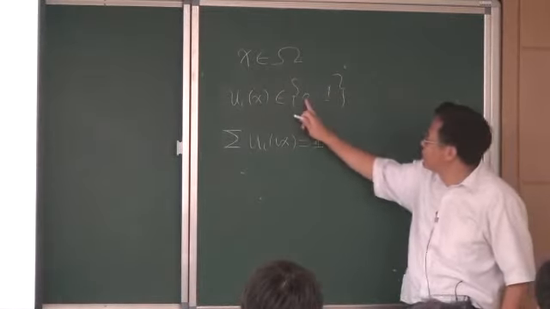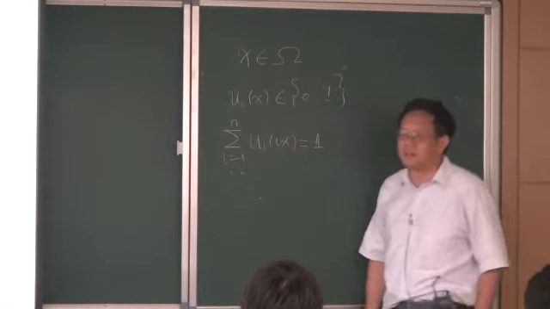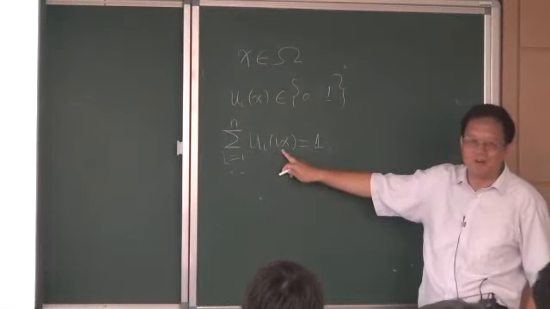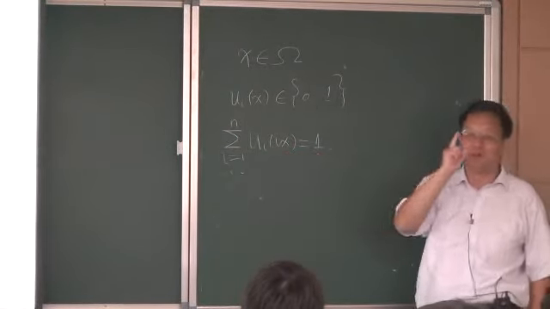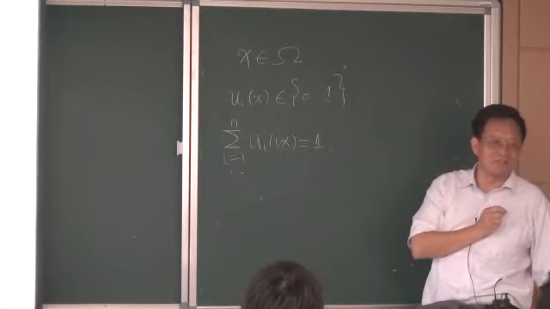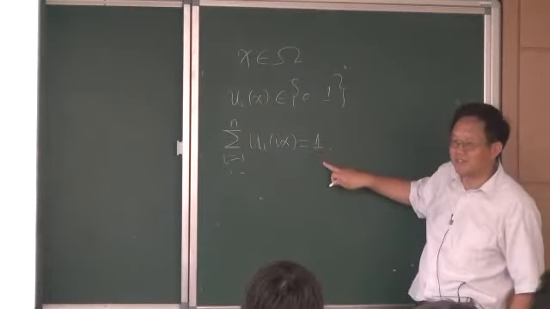Because each function, here it should be i from 1 to n. So each function can only be 0 or 1, and they sum to 1, so only one of them is a 1, and everyone else is 0. So that means if those two conditions are satisfied,